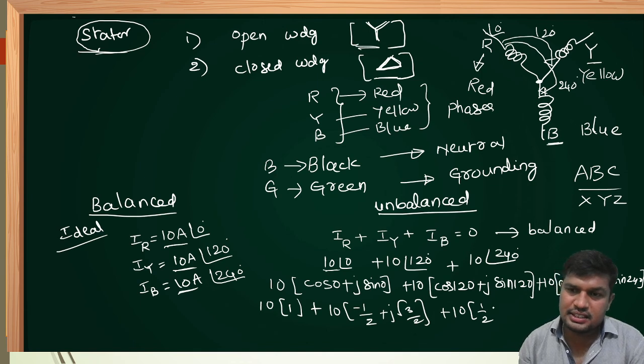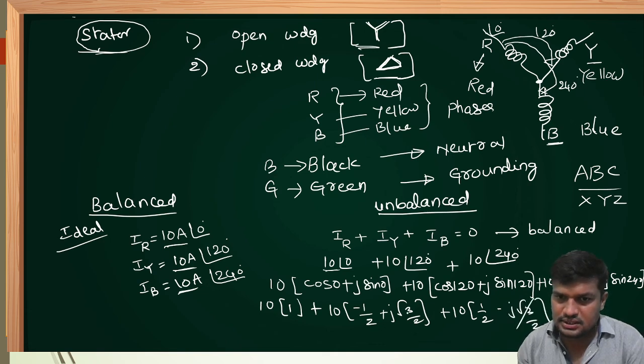Sin 180 plus 60, minus sin 60, that is minus j root 3 by 2. Minus j root 3 by 2 plus j root 3 by 2 cancels. Sorry, cos 180 plus 60, which is third quadrant, minus cos 60, minus 1 by 2. It is 5, it is also 5. Minus 5 minus 5 minus 10 plus 10, which is equal to 0.